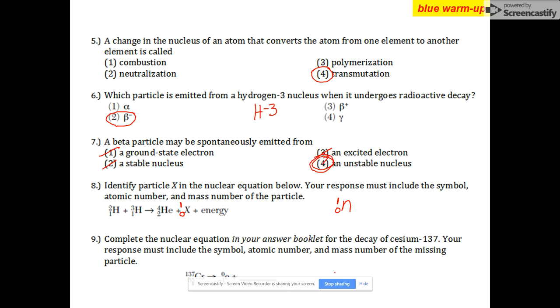Okay, complete this nuclear equation. Cesium-137. Okay, we're obeying the laws of conservation of mass and charge. Whatever this is, has to have a mass of 137. And then the charge on this side has to equal the charge on this side. 55 over here, -1, and 56 over here. So if we look in our periodic table to find, okay, what element